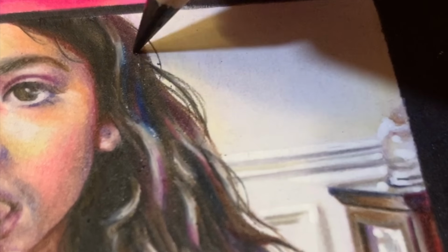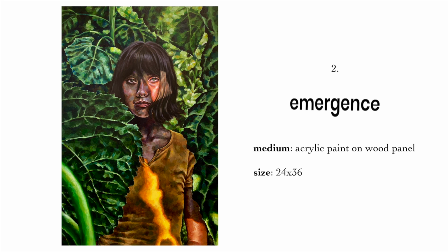That is literally so extra. I want to throw up. Okay, moving on. Slide 2 was a painting I did the summer after my sophomore year called Emergence, and I